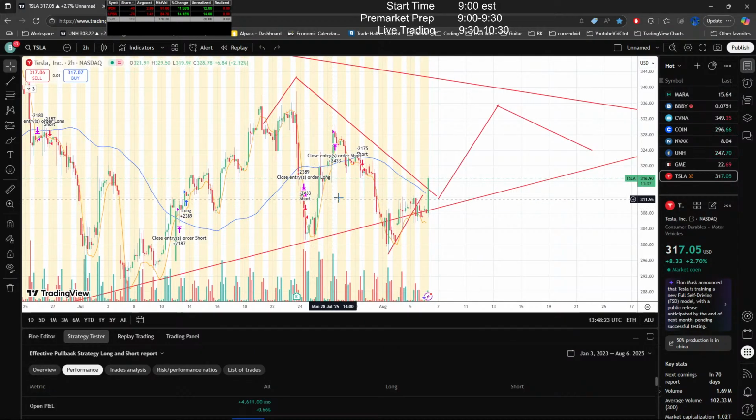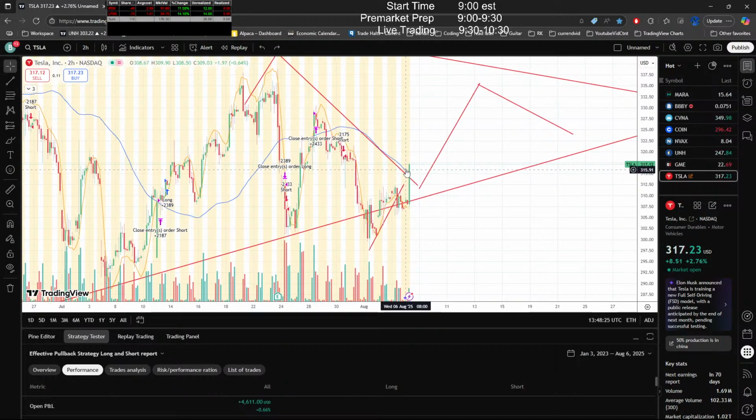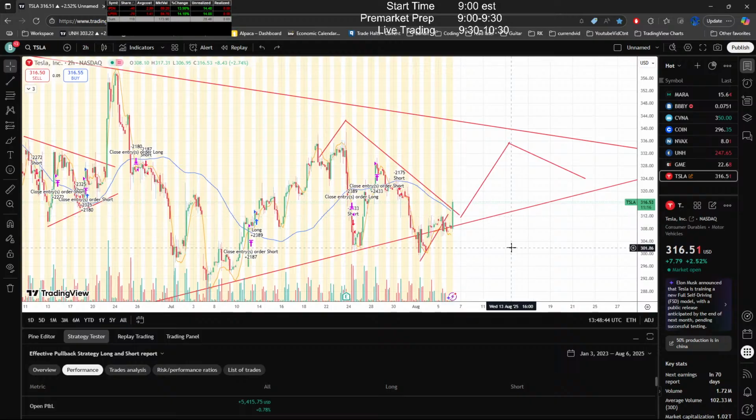But it is still short. If this spike comes right back down, then it's looking really weak again. So it's really going to need to hold up and not give that spike back too much at least. Pull back some, but